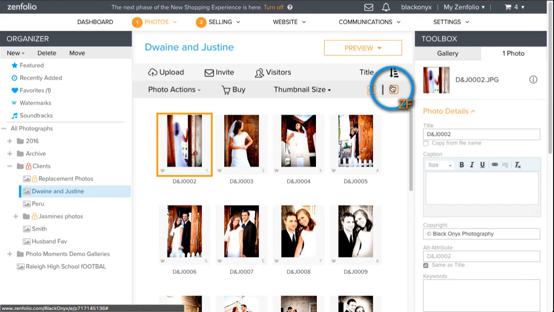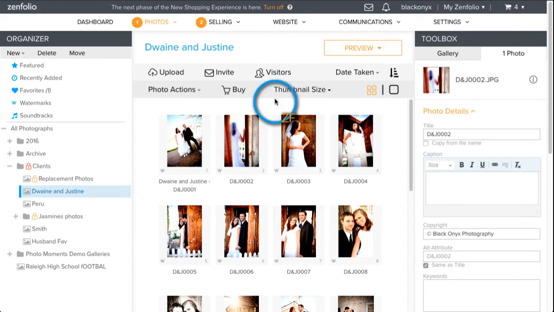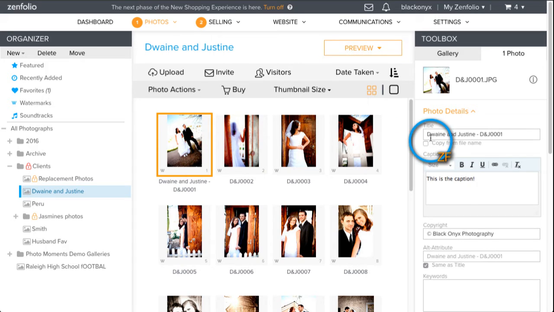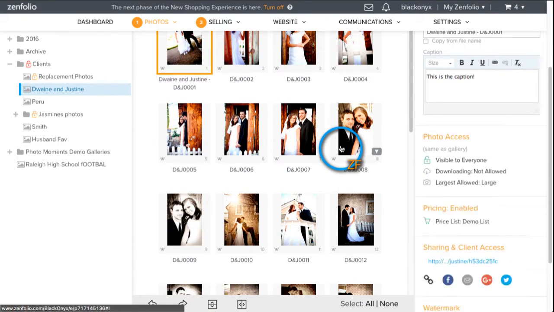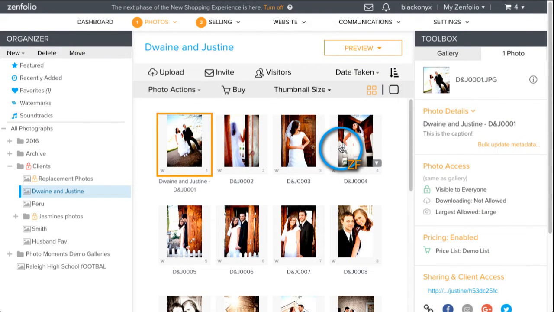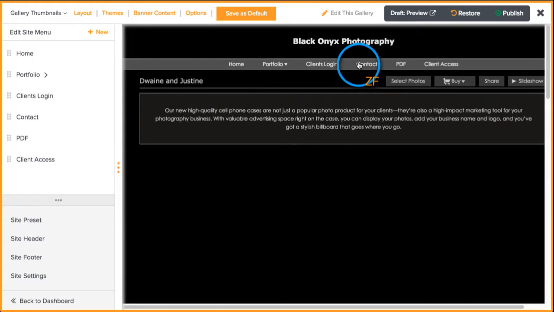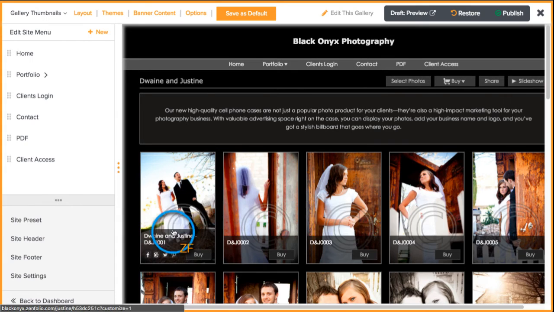Let me just, oh, okay, I had it sorted by title, and that's why everything changed on me. Okay, let me change this to date taken. And so now there is that there. Let me click done. All right, so I had it sorted by title, so when I added that information to the title, it completely changed the sort order, and that threw me off. All right, so I'm going into customize view now for that specific gallery. Now that image is right here, and as you can see, the gallery title is in there as well. So now if I go up here, go to Gallery QuickShop,